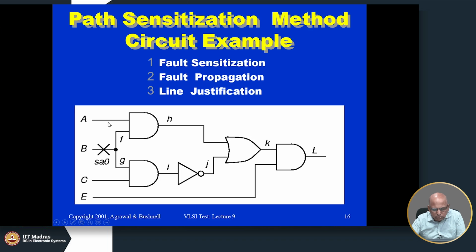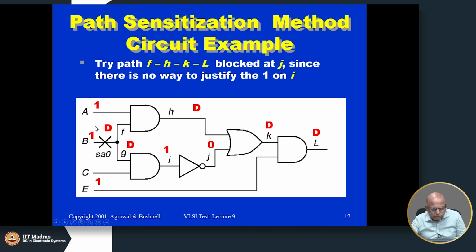So, let us try the top method. So, we will try to propagate it along this path. So, for that I have to place a 1 here. If I put a 0 here, this will become 0, the fault will not propagate to the output. So, I will put a 1, that will put a D here, and in order to propagate this further, we need to put a 0. So, D algorithm will put a 0 here,